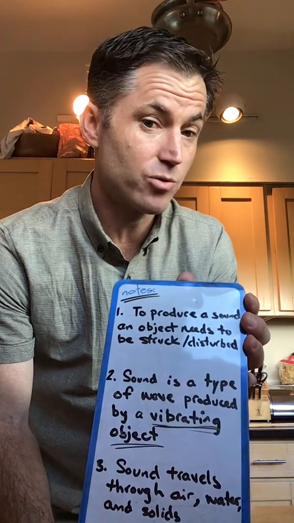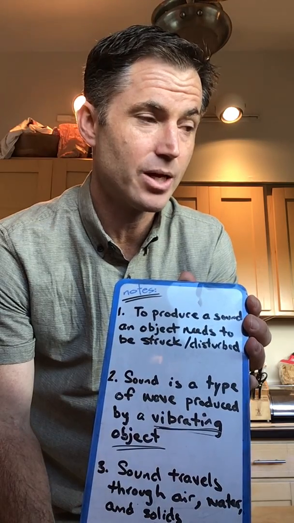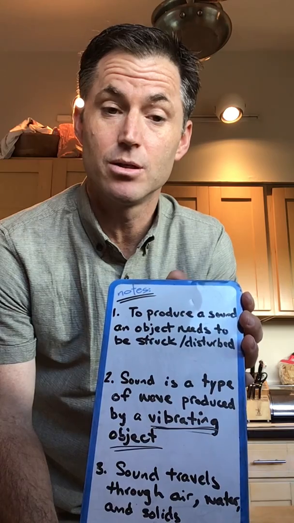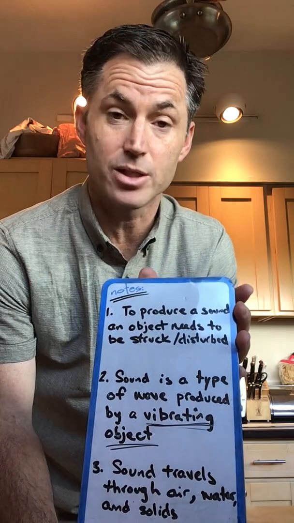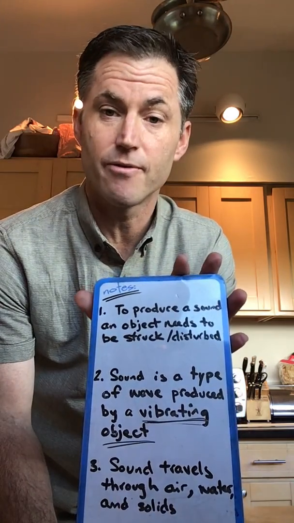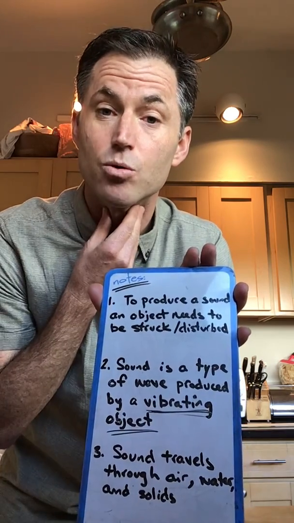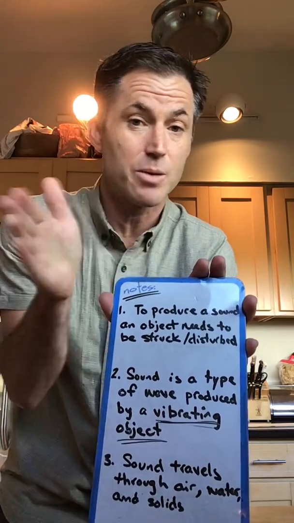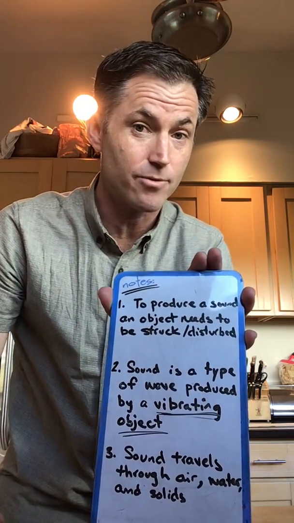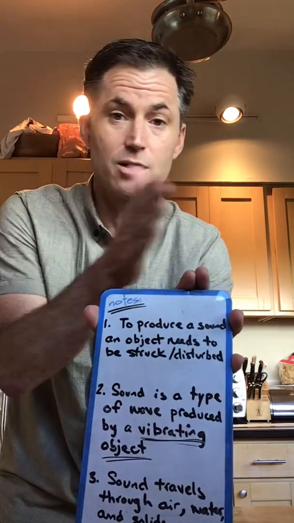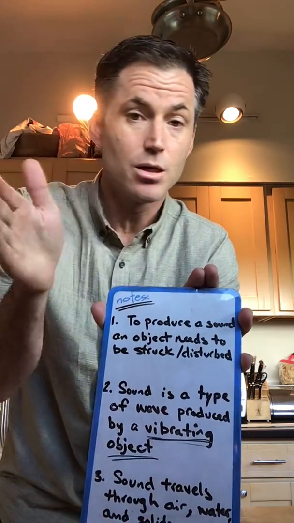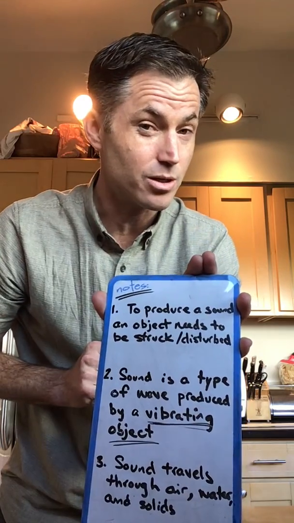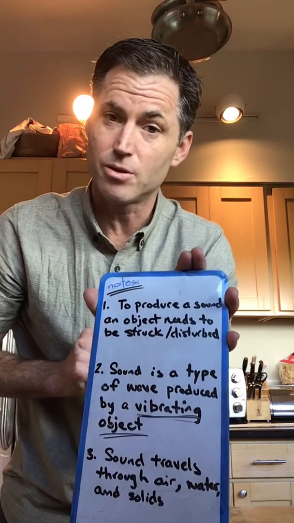So it's a type of wave, which we're going to continue to explore, and it's caused by an object that vibrates. So the tuning fork vibrates. The guitar string vibrates. Your vocal cords vibrate. And they create a wave in that vibration going back and forth, back and forth. Now, my hand doing this is not making a noise, not one we can hear. But if I go fast enough, it would. So it requires a certain amount of vibrations.